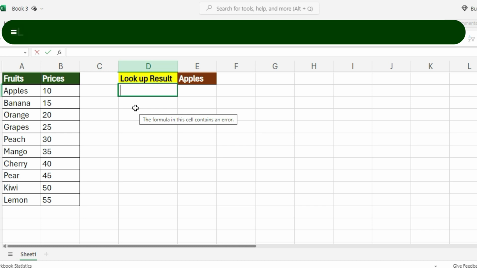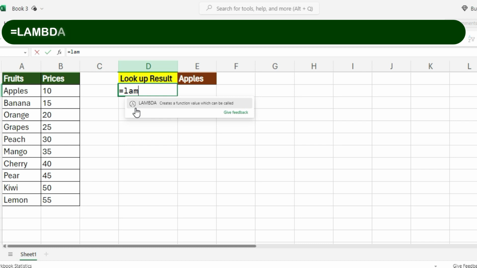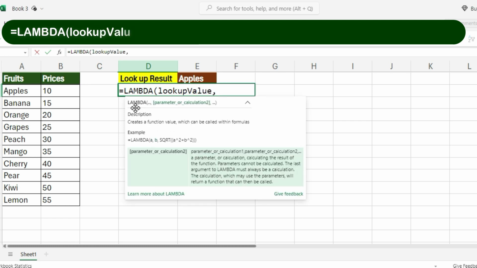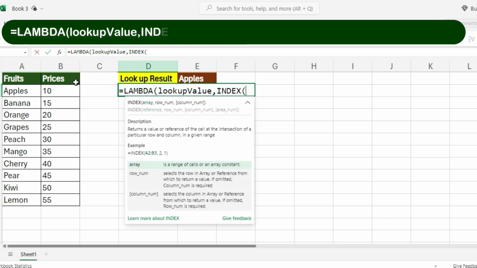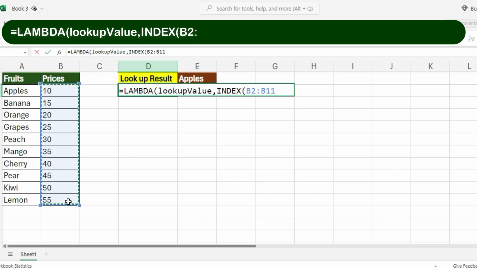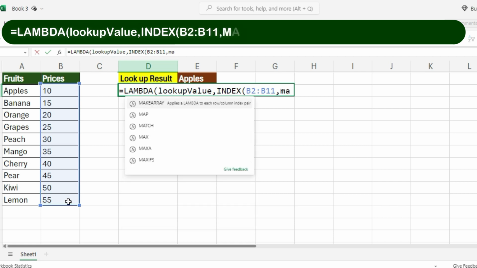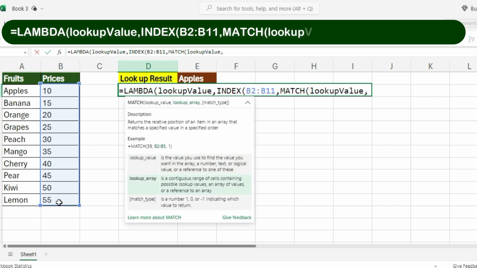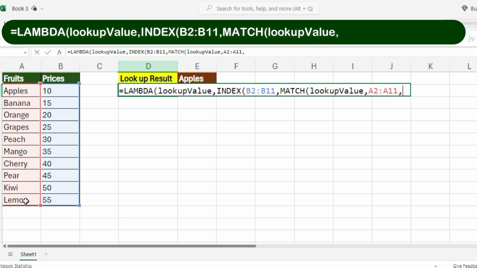Type the formula. Type equal to, type LAMBDA, bracket open, type lookup_value, type comma, type INDEX, bracket open, select price range, type comma, type MATCH, bracket open, type lookup_value, type comma, select fruits range, type comma, type 0, bracket close, close, close, bracket open, inverted comma, type apples, inverted comma, close bracket, close, press enter key and